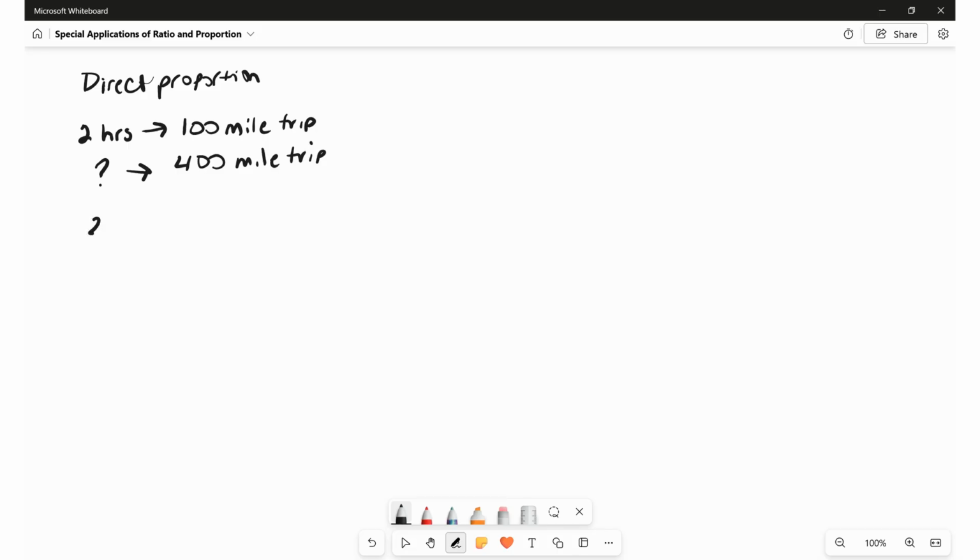So if it takes us 2 hours to go 100 miles, how long does it take to go 400 miles? Well, that gives us our proportion. And if we travel the same speed that it took us to do the 100-mile trip, that means that to make the